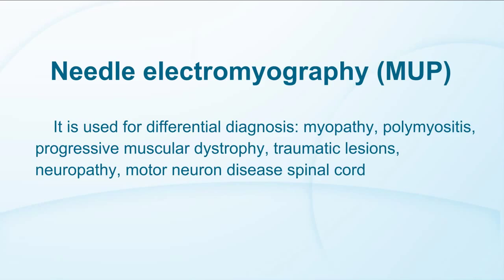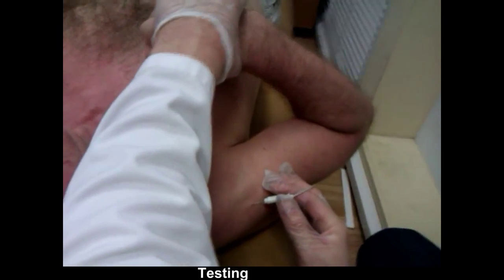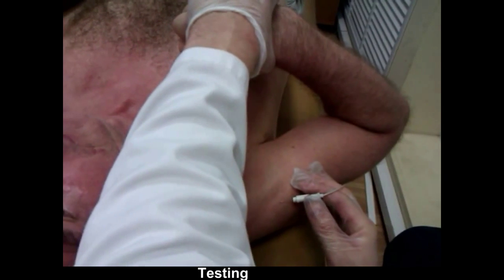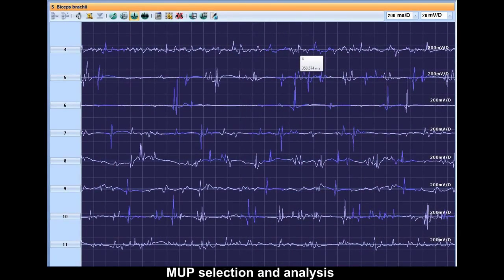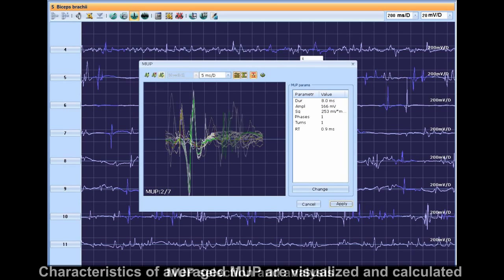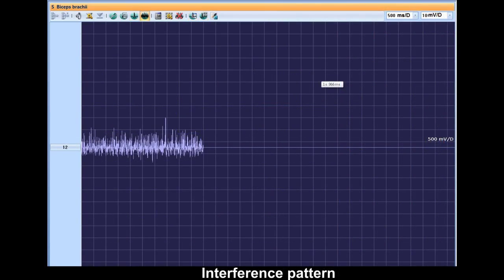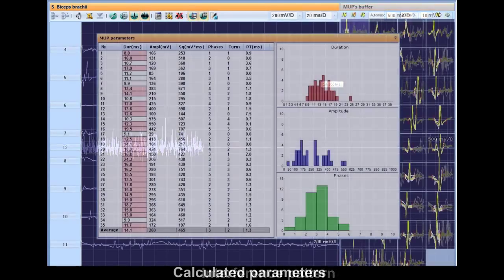Used for differential diagnosis of myopathy, progressive muscular dystrophy, traumatic lesions, neuropathy, motor neuron disease of the spinal cord. With the help of the PC mouse, the researcher selects an EMG area and goes to the MUP window where the marker's position is corrected. Selection consists in successive fragment selection from the recorded ones in the Save Data window and saving them in the MUP